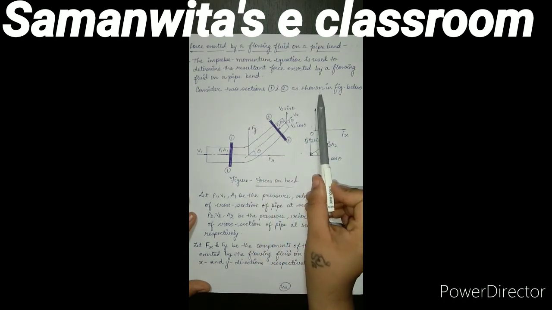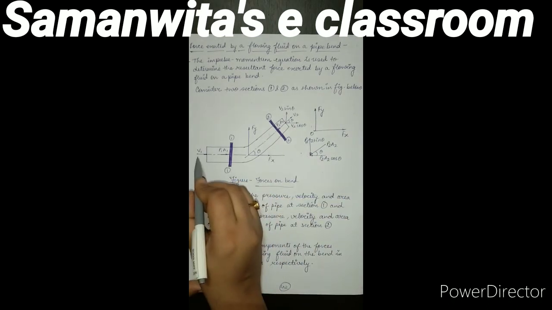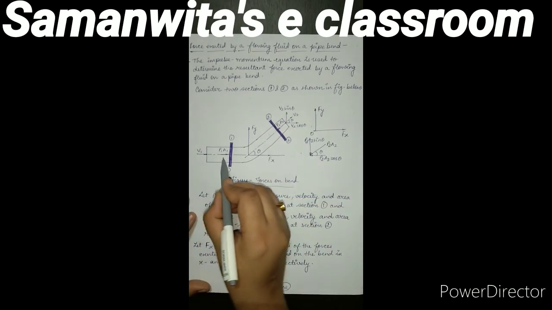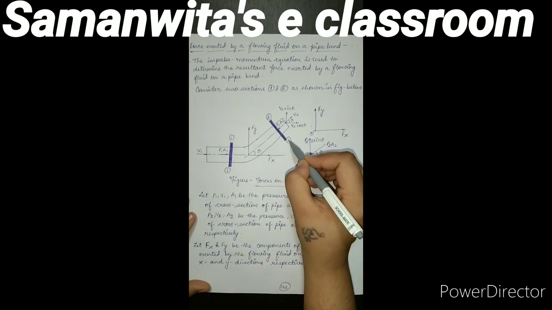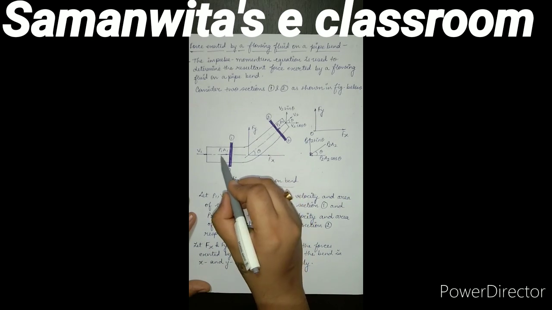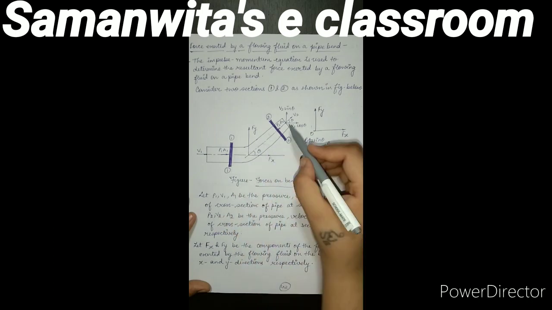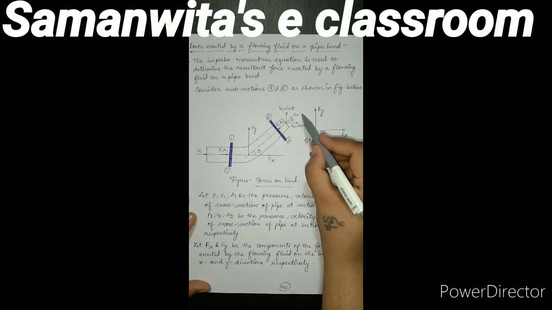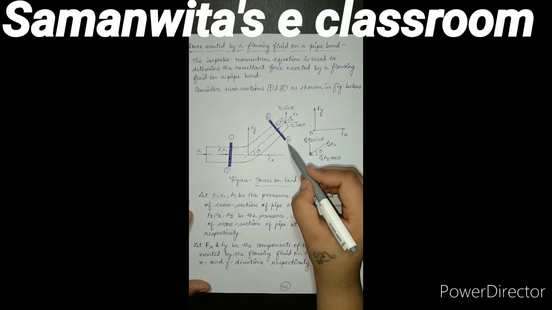Now here we are going to use the impulse momentum principle. This is my pipe. This is the flow of water. Say it is entering with velocity V1. The pressure is P1. I consider a section here and a section here. At this section, the force acting will be P1 into A1. This is the pressure force exerted. On this section 2, you can see there will be a pressure force exerted which is P2 A2, and the water is leaving the system at velocity V2. Now this portion 1 to 2 is nothing but my control volume, which we have already discussed before.